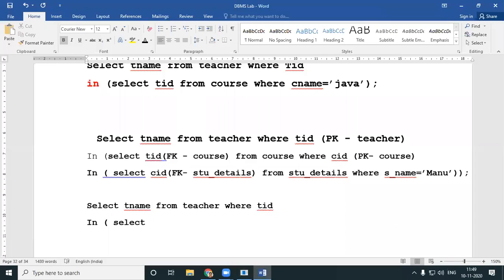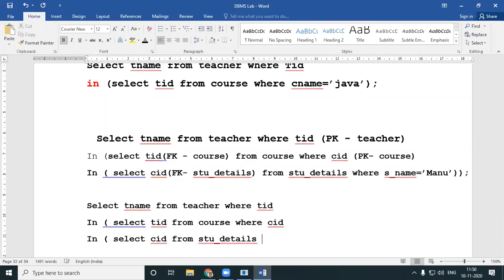Select TID from course where CID in, select CID from student details where gender is equal to male.